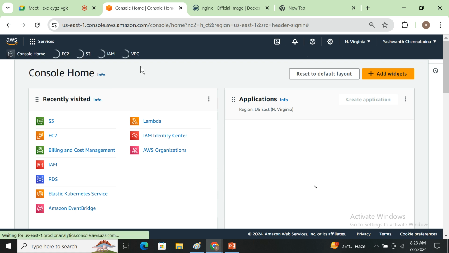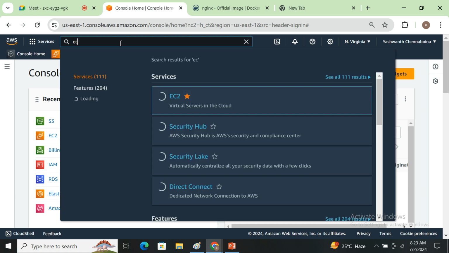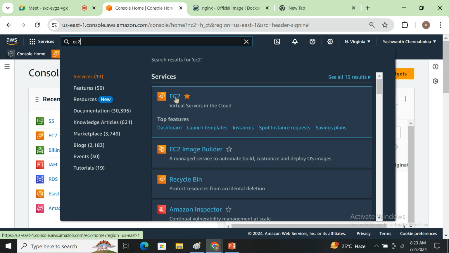Because I want to run my Docker, the cheapest and easiest way is what? Cloud. Cloud technology gives you the cheapest and very fast creation of your virtual machine. So now, which service? Cloud offers 200 plus services. Every service has its own purpose. But if I want to launch Linux and Windows operating systems on cloud, you have a service called what? EC2 service. So when you click on this EC2 service,